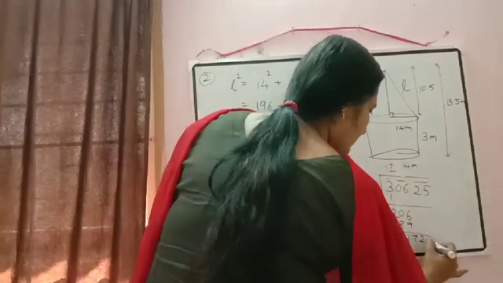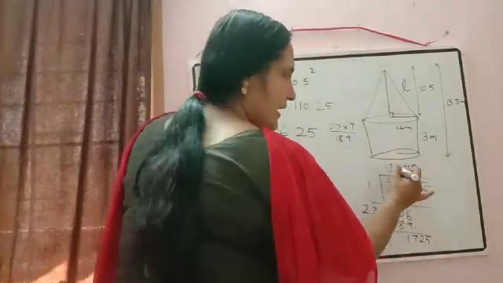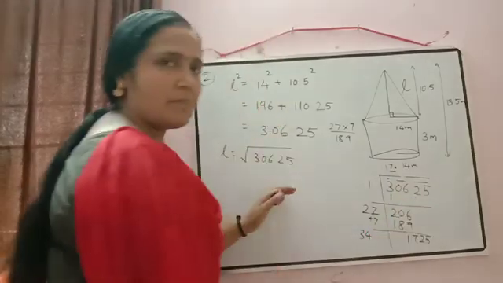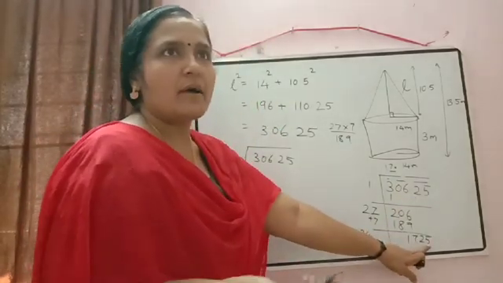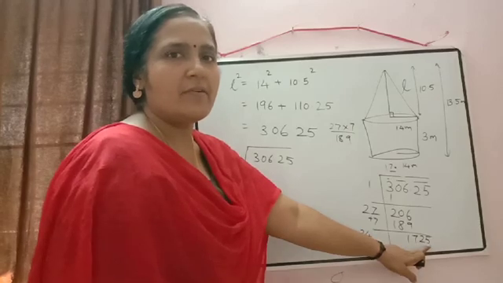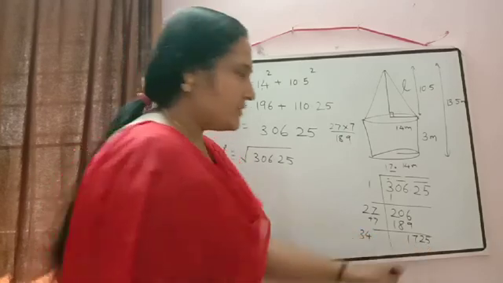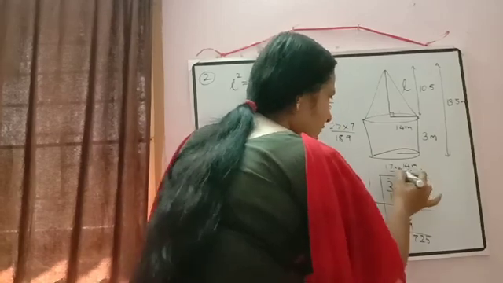Write the next pair, 25. But before 25, decimal sign is there. So we'll put the decimal sign there. Now just to check here, we have 5. Square of which number will give you 5 in the unit place? Obviously 5. So we'll write here 5, if it is a perfect square.